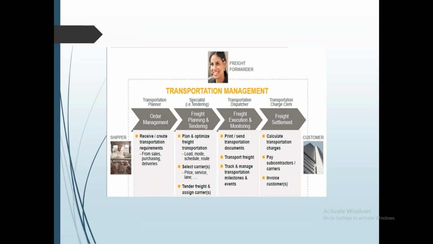We need to see how TM will know that it needs to integrate something from ECC. There are two variants. One is the shipper scenario. Shipper means I need an ECC system in place to trigger my requirement. I need to tell the TM system, this is my order, this is my delivery, now please plan the transport from this location to this location. That can be from a sales order, purchase order, stock transport order, subcontracting order, or from a delivery, either outbound delivery or inbound delivery. Based on these two different document types, my requirement has to be generated in TM.